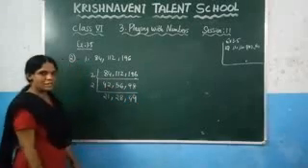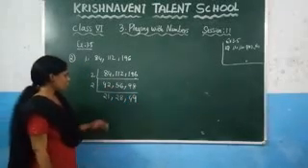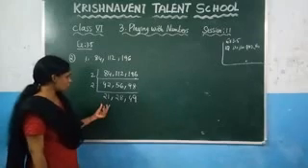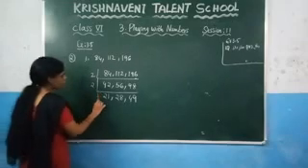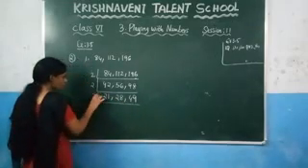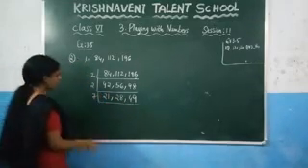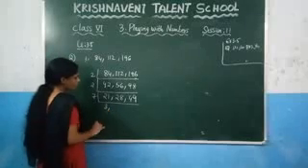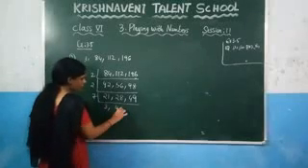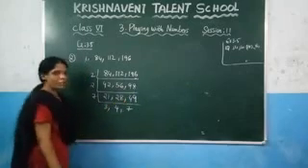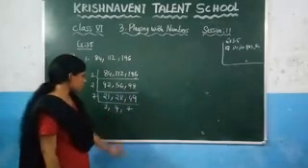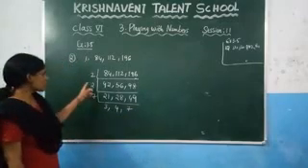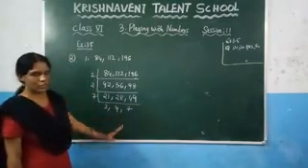2 9s are 18. Now here, you need to check in which table you will get this 21, 28 and 49. And you know that in 7 table you will get, and you know that 7 is also a prime number. So write it here, 7 3s are 21, 7 4s are 28, 7 7s are 49. Now here, you can observe that these values will not come in any of the table. Just you can multiply all these values here.